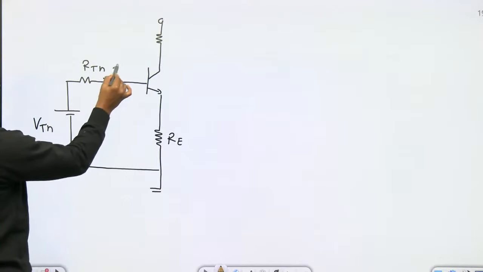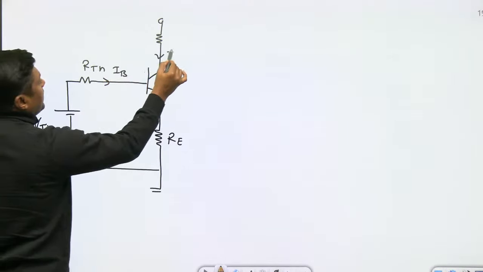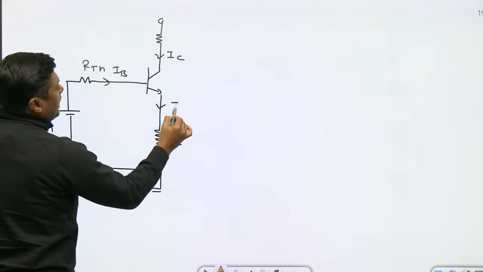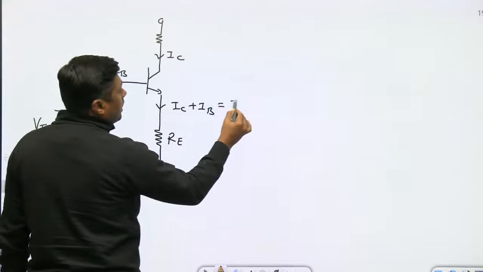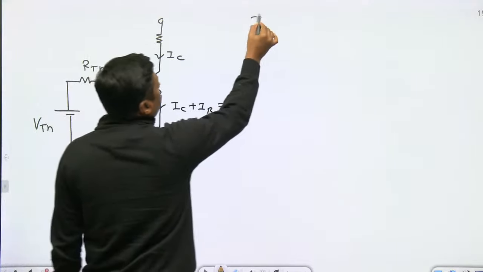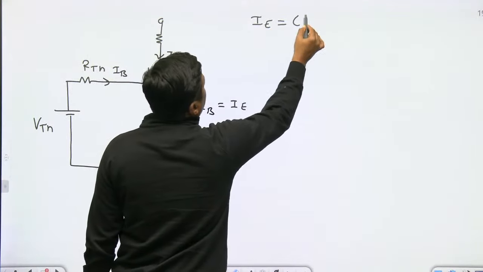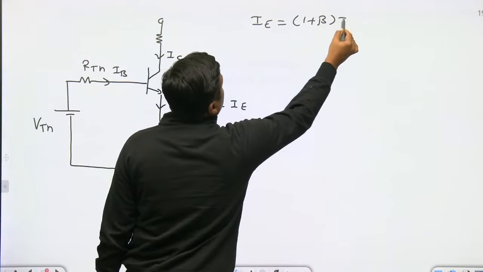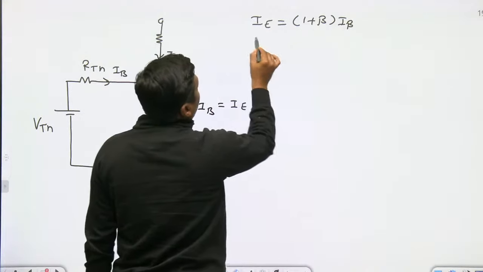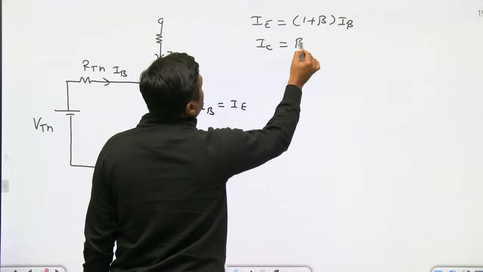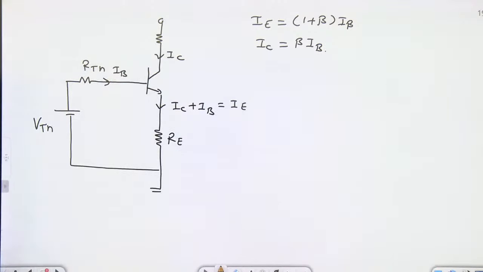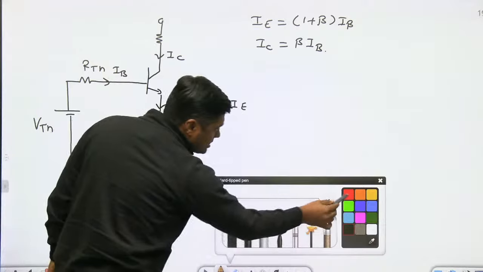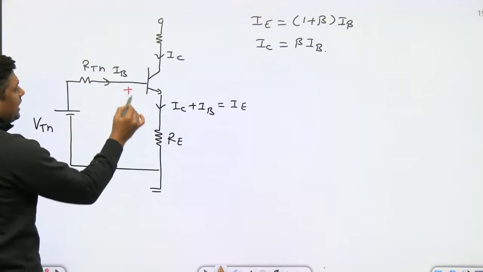And that is the IB, that is the IC, and always remember this is the IC plus IB. This is nothing but IE, or IE is given by (1 plus beta) times IB, or IC is given by beta times IB in the active region. Finished. Now, if the beta is given in a particular question, then